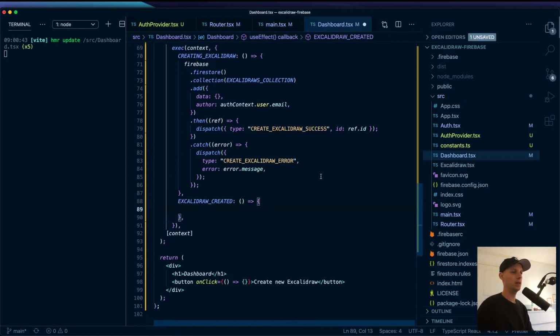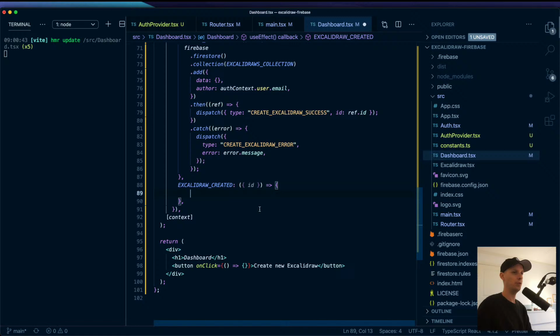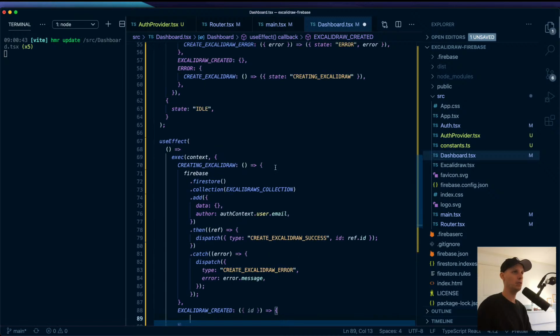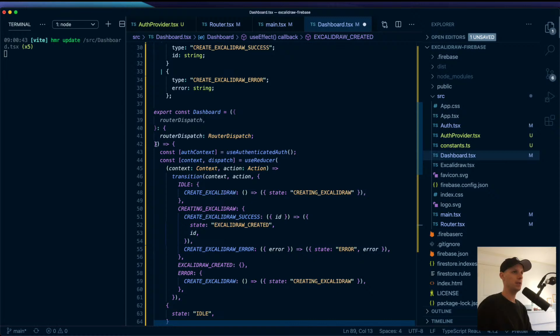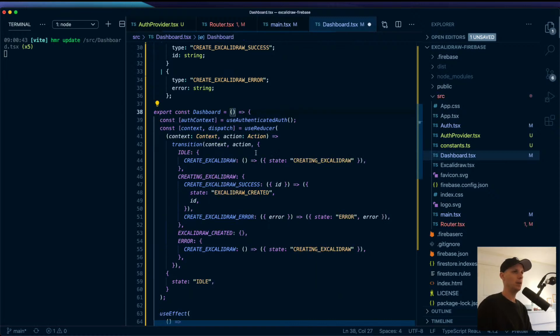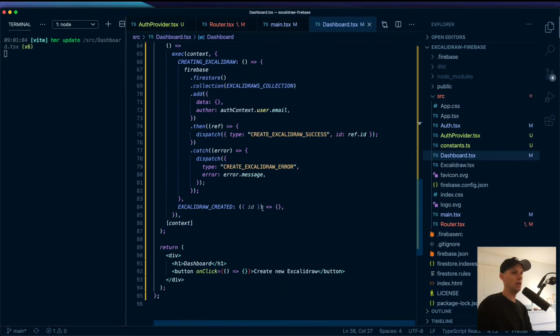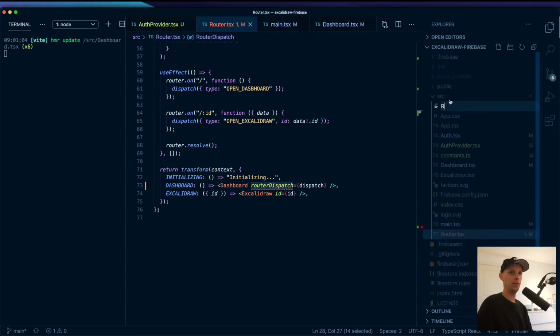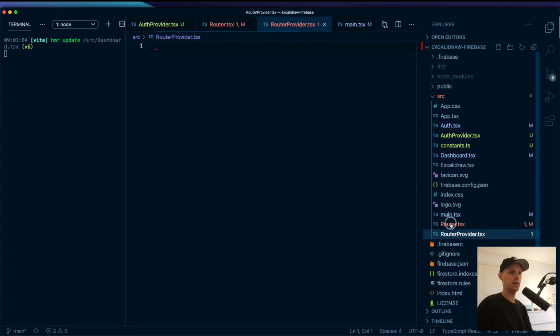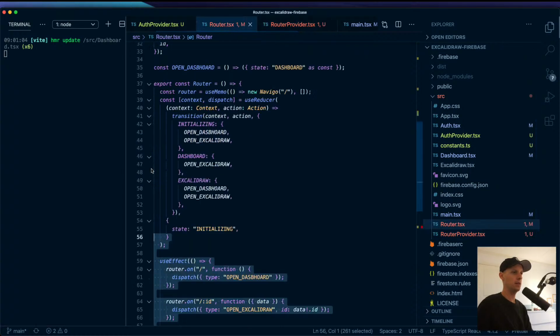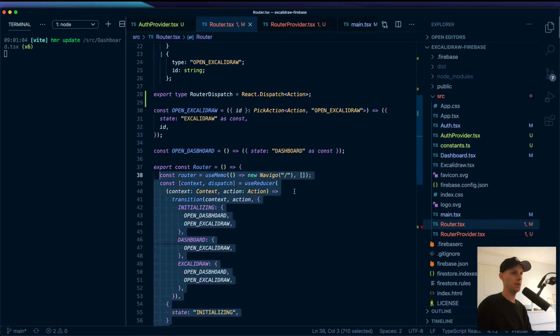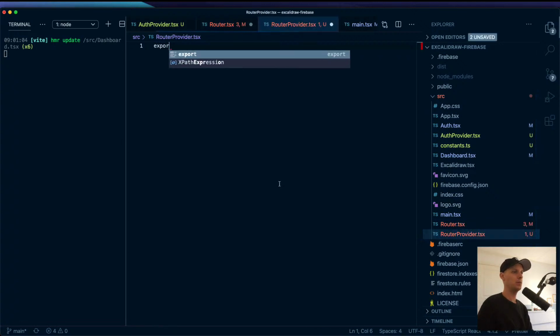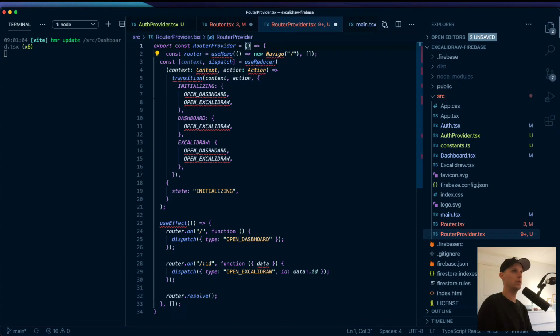So now we have that. And if we do get an Excalidraw created here, we should now have the ID on the state or on the context. And that means we should now be able to use the router dispatcher, but we're actually going to make that a hook as well. So let's remove that and we'll create a router provider. We're going to do the exact same thing as we did on the other thing. Export const RouterProvider. And this is going to take children,